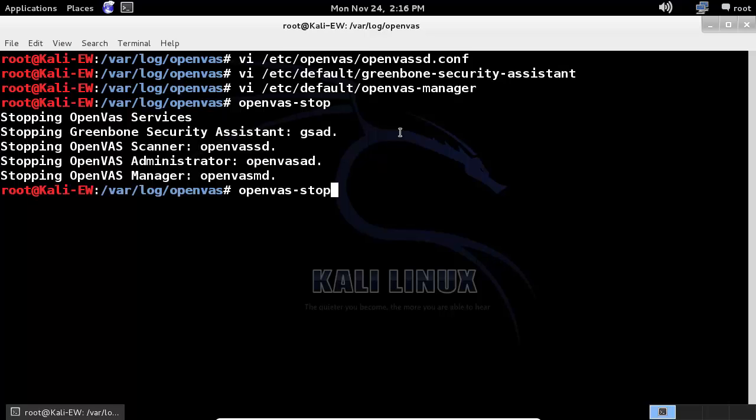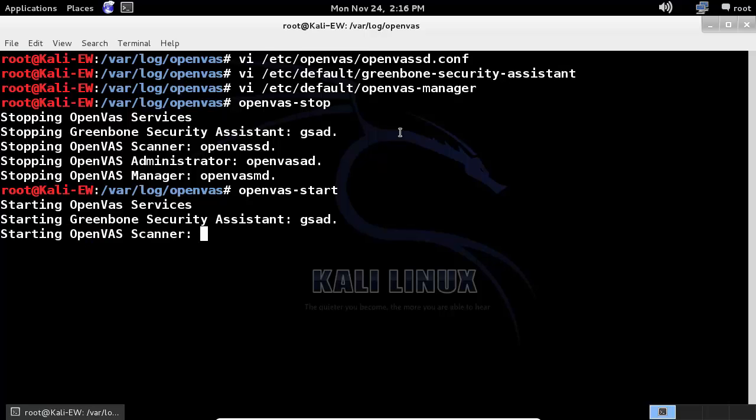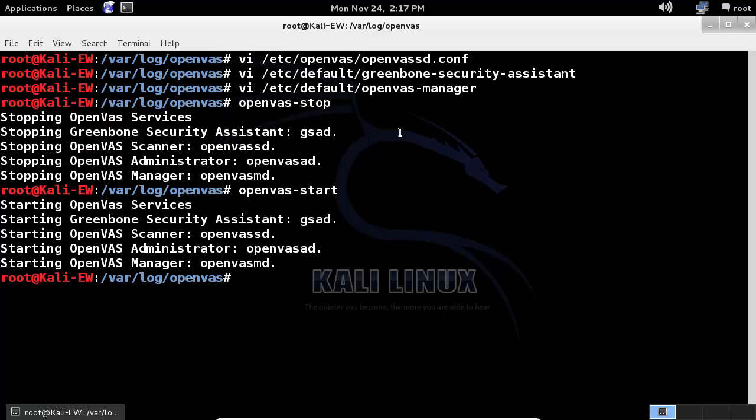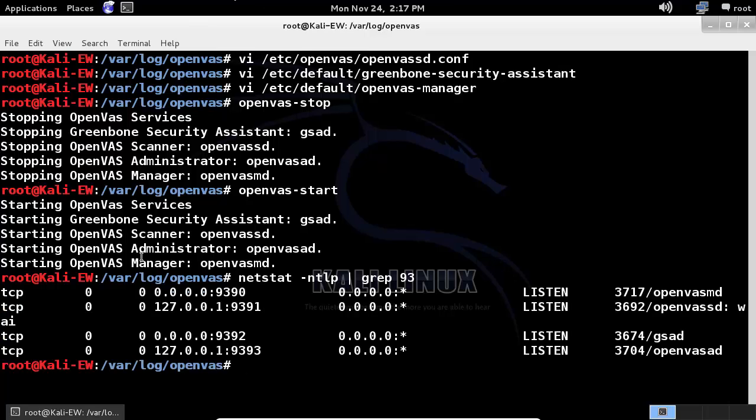All right, so let's start it up. Start up everybody again, and then we'll run the check and see if those things have been taken care of, and we can also look at netstat to see what interfaces OpenVAS is listening on. All right, so OpenVAS is back up, so let's go check. Let's do a netstat -ntlp, and we'll grep for 93 here,